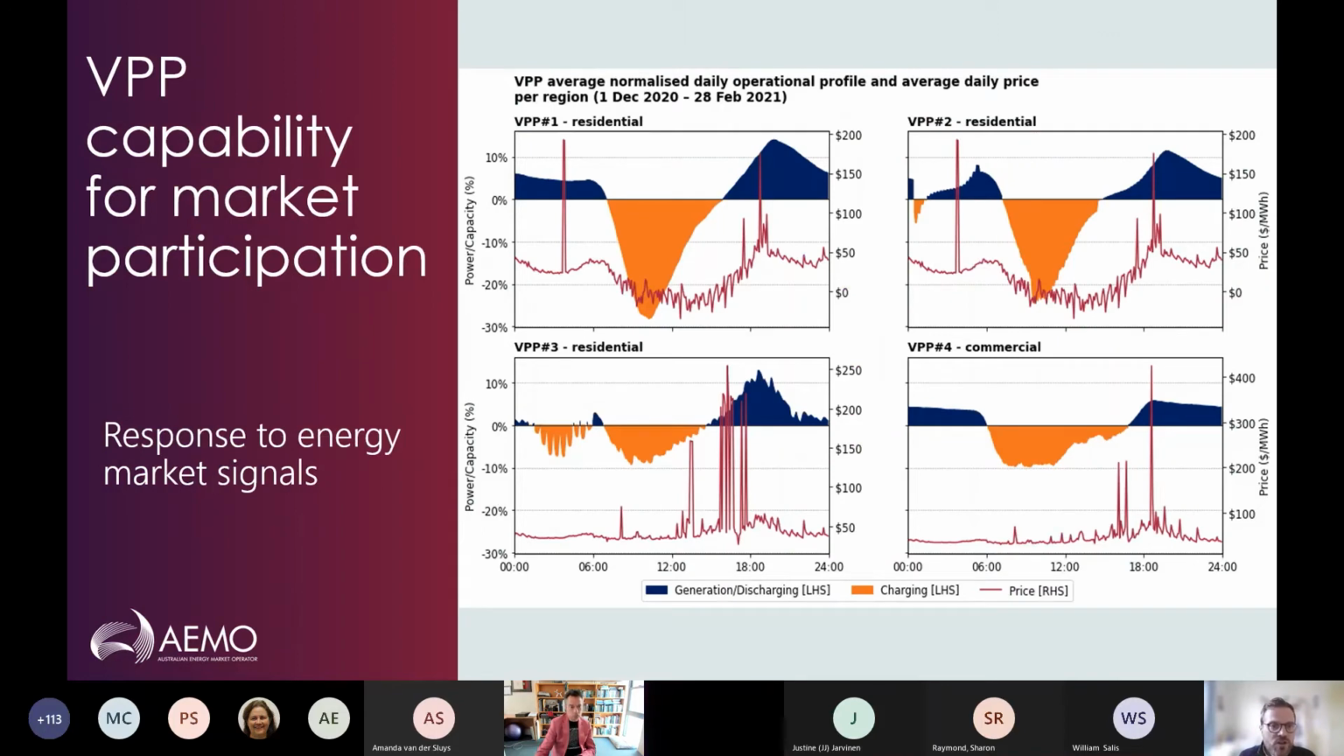So this next chart shows the typical responses to energy price signals. This is across 4 different VPPs, and this is showing average operational profiles and average daily prices per region. So it's not showing responses to individual energy price events. But what it does show is that VPPs operate on a fairly predictable